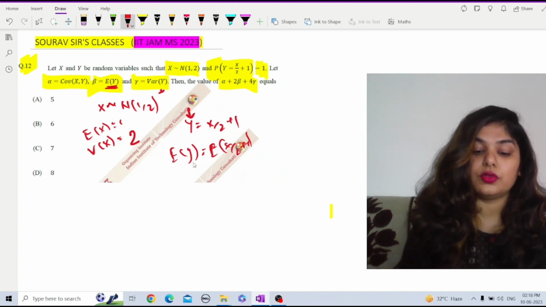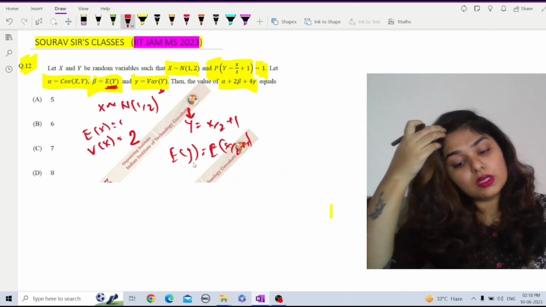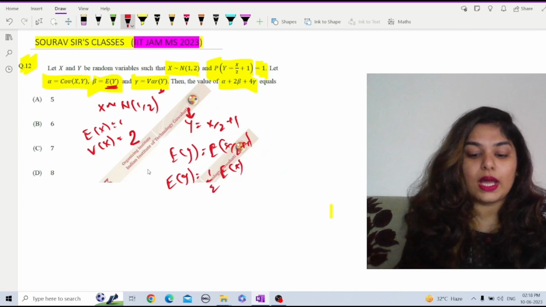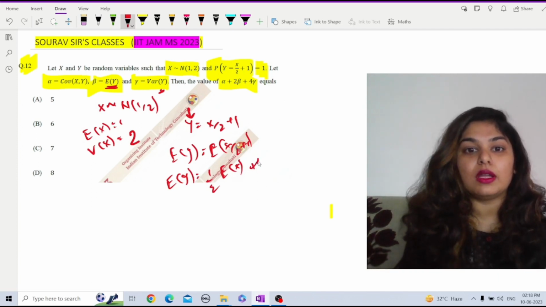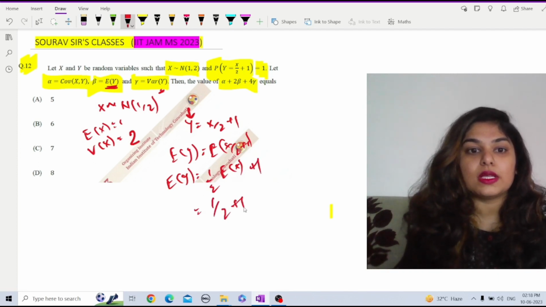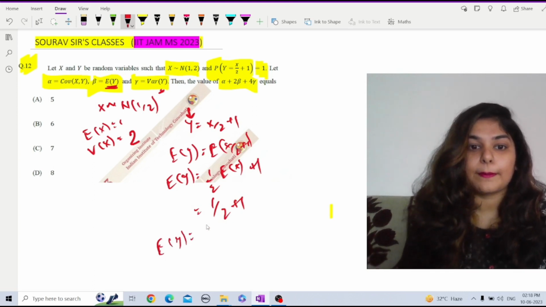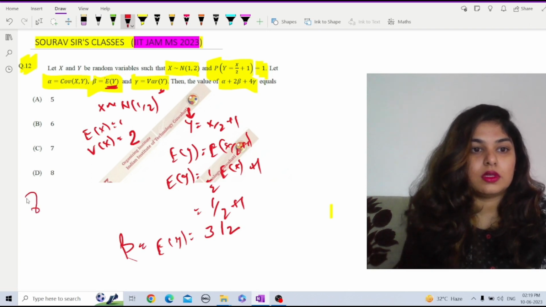So here what we are going to do now is use the expectation, that is half of E of X, right? Now E of X is 1, so that is 1 by 2 plus 1. So the value of E of Y is 3 by 2, right? So we have got the value of beta. Now we have to calculate gamma. Now gamma is equal to variance of Y, which is equal to variance of